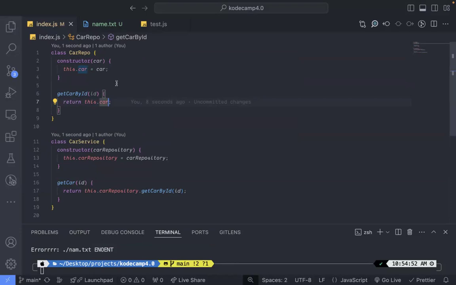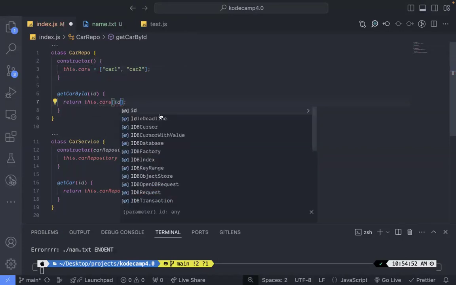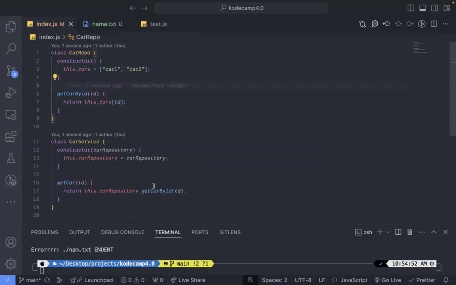Let's say this.cars is equal to an array of cars. We have car 1 and car 2, like this. Just remove this car, and remove this.cars ID, like so. Now let's assume the ID is an offset of this array. We can just say